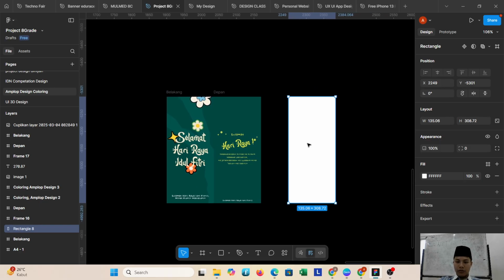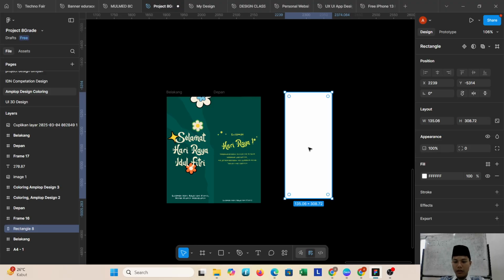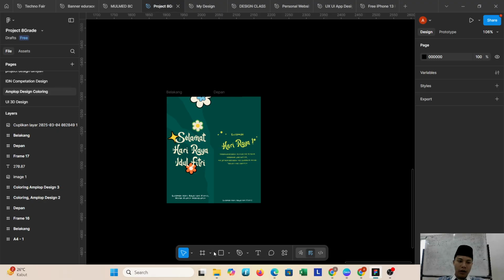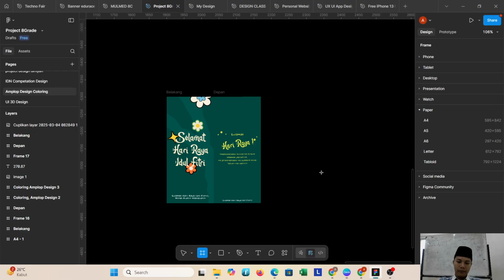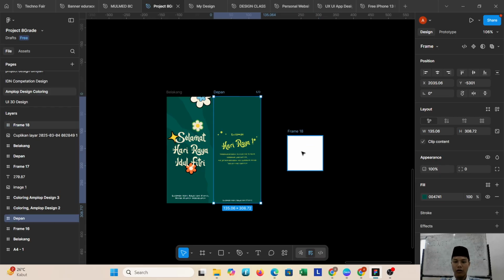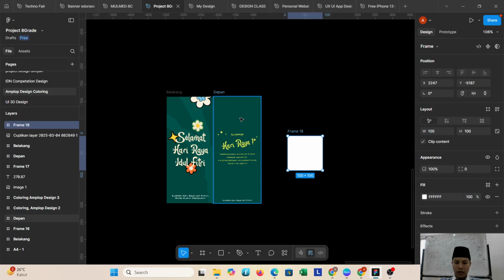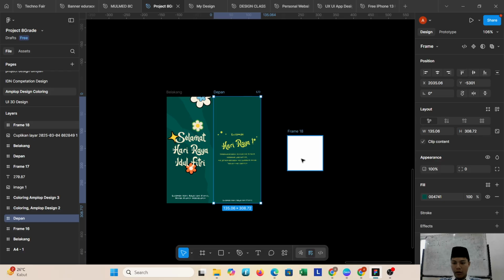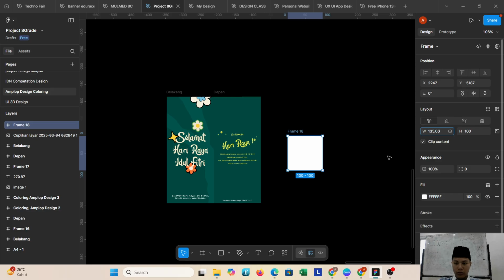Okay, the first step, you can open Figma and then make the file, drag a frame, and after that you can change the size of the frame like this, and you can copy and paste it to your design.